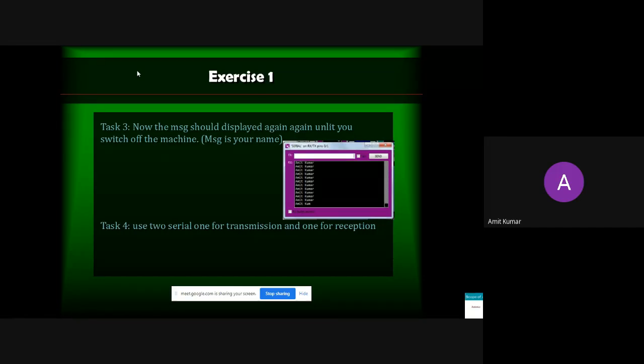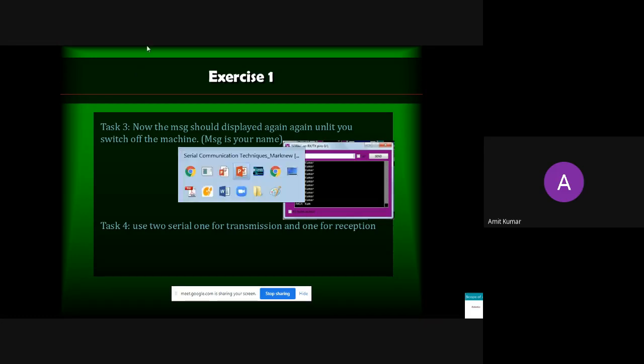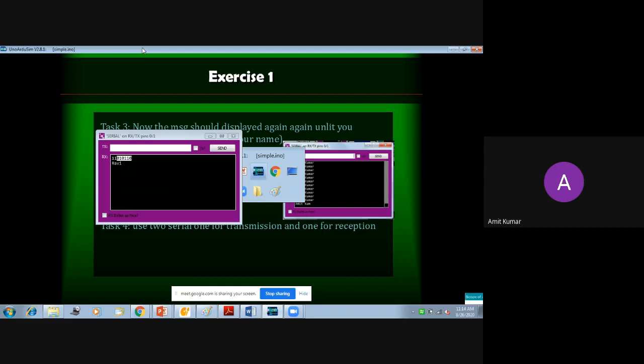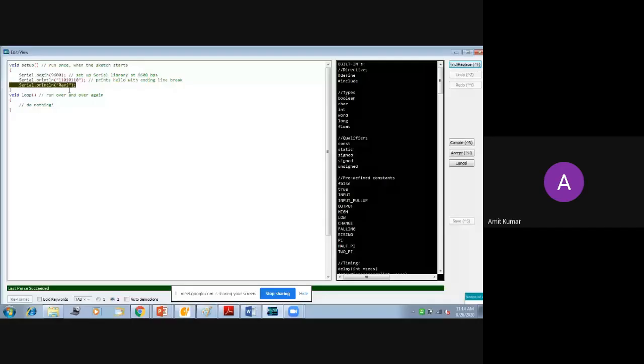At that time you wrote the program in the loop section. So you have to write the same thing in the loop. What will you do? Just the same message: I want to print the enrollment number once and then print the name again and again. So just copy this line and write it into loop. Whatever you write in the loop will execute again and again.